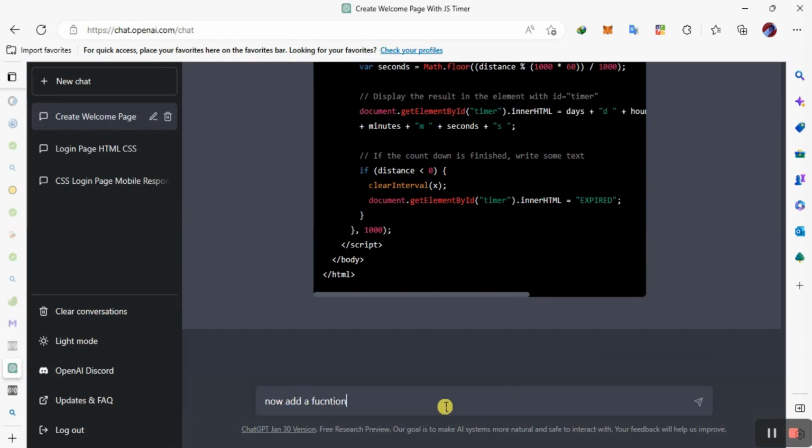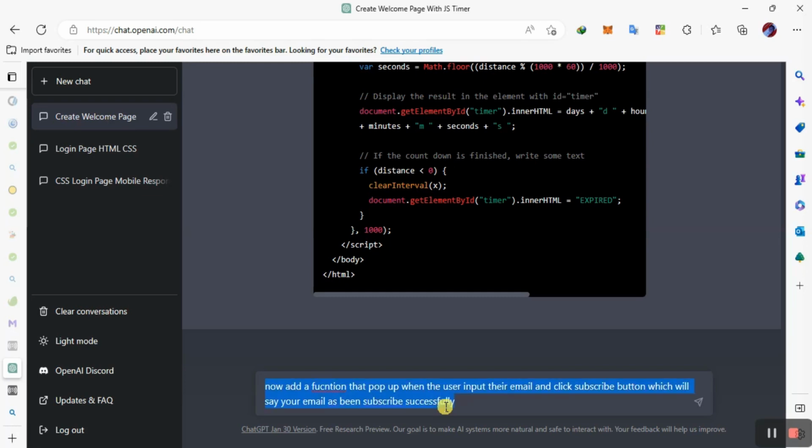Now add a function that pops up when the user inputs their email and clicks the subscribe button, which will say your email has been subscribed